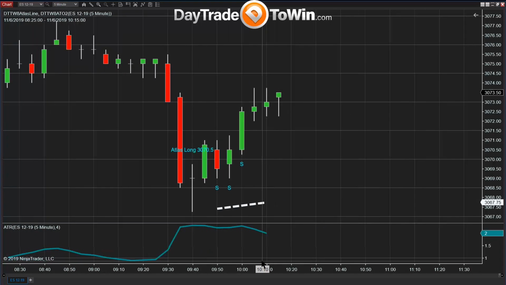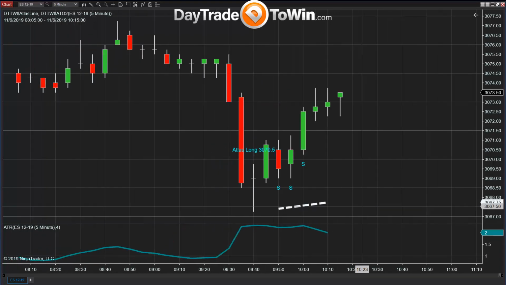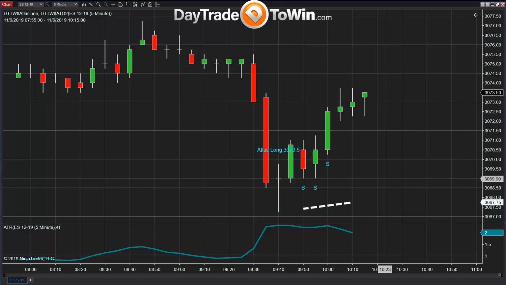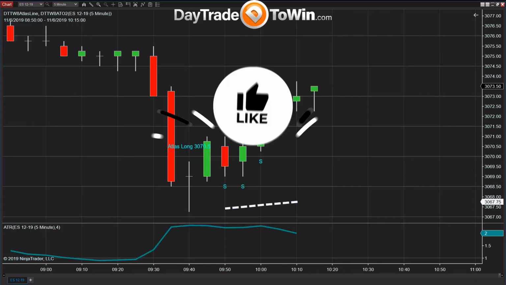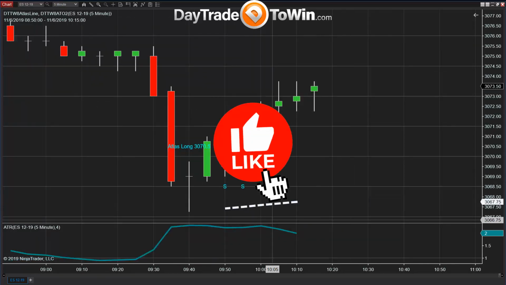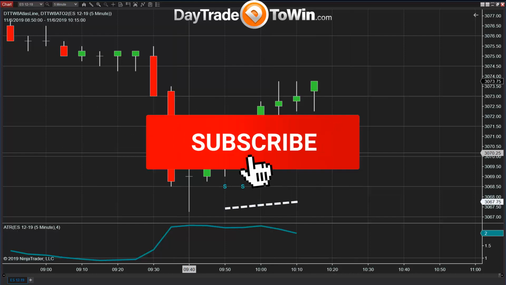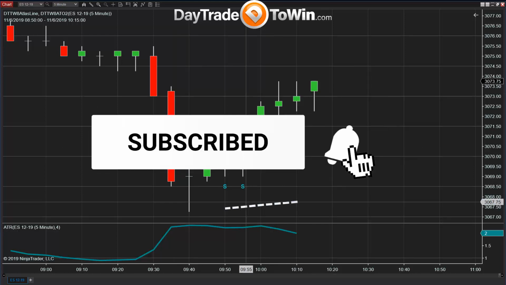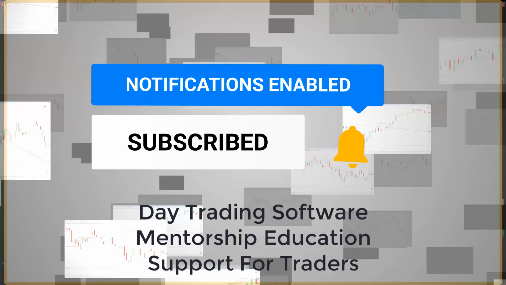Okay, so this is the Atlas line for today. I know some of you here in the room have the Atlas line already, so you should have the same exact signals as I have here in my chart. We're going long, 30, 70, 50. Remember, I like proof when I trade, so the Atlas line